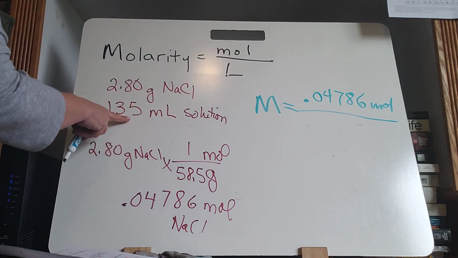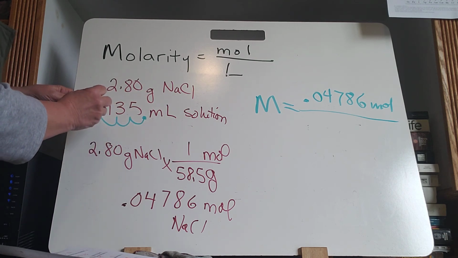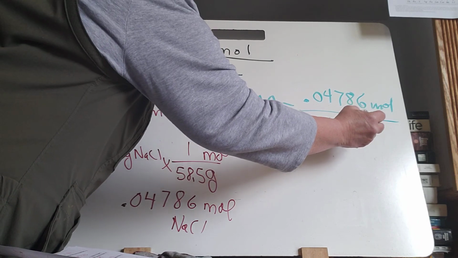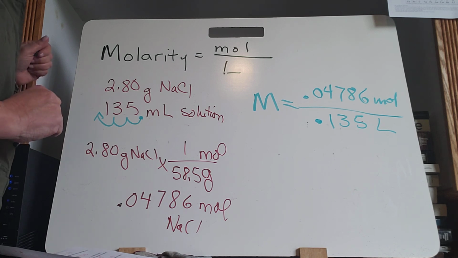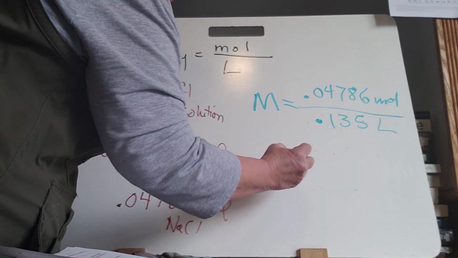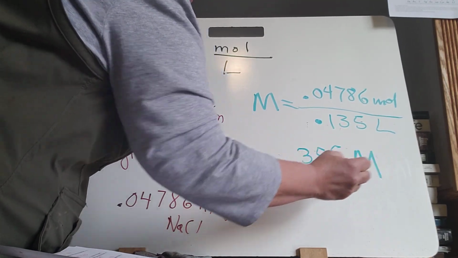Again, they gave me milliliters, so I'm going to take my decimal 1, 2, 3 places to the left, 0.135 liters. We're going to divide that out, and we get 0.355 molarity, or